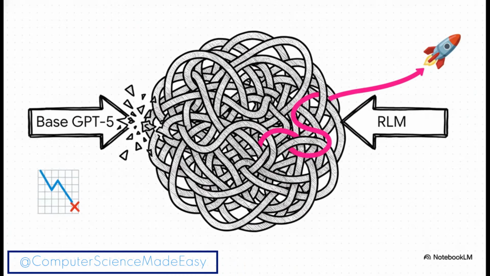And get this, take a look at this comparison on the Olong pairs benchmark. Now, this task is ridiculously complex. It involves comparing pairs of items across a massive dataset. The base GPT-5, it completely bombs, scores less than 0.1%. It's a total failure. But the RLM version, using that same base model, it pulls off an impressive 58% F1 score. That's the difference between an impossible task and a solvable one.